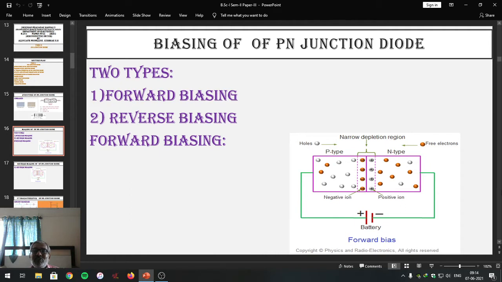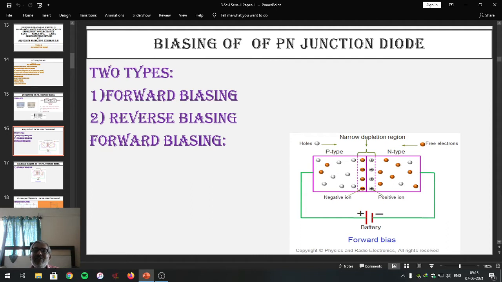The process of motion of electrons from N region into P region and holes from P region into N region, we call it diffusion. Due to this, exactly at the center of P-type and N-type of semiconductor, a junction is formed. On both sides of the junction, very close to it, negative ions are created in P region and positive immobile ions are generated in N region. Thus, the barrier potential is created across the junction.